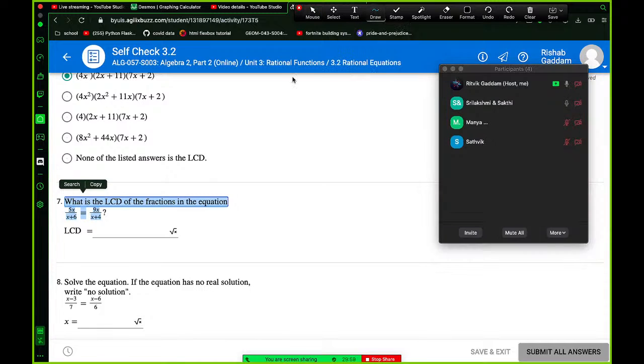FOIL is related to this question because I'm pretty sure they want you to multiply these two. FOIL is when you have first, outer, inner, last. So basically, let's say you have x plus 1